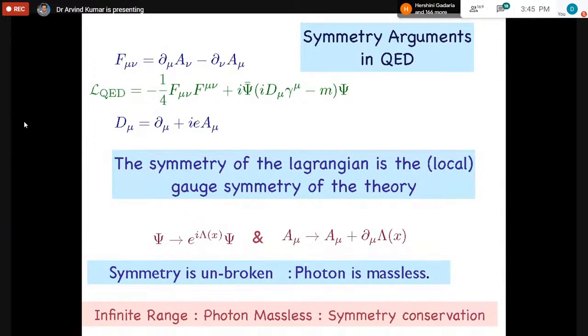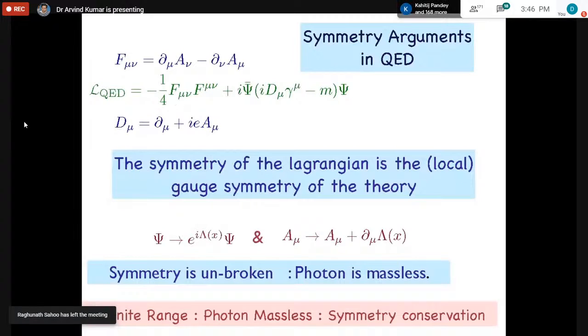So, what are the symmetry arguments in QED? For example, the QED Lagrangian or the Hamiltonian is given in this particular fashion. I don't have my pointer, but I can explain it to you. F mu nu is nothing but your field strength tensor, which is essentially given in terms of the electromagnetic E and B fields, but you can write it in a covariant form in this particular fashion. The first term of the QED Lagrangian, which I have written,